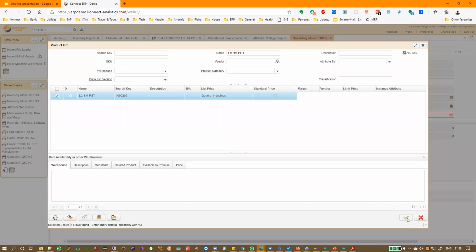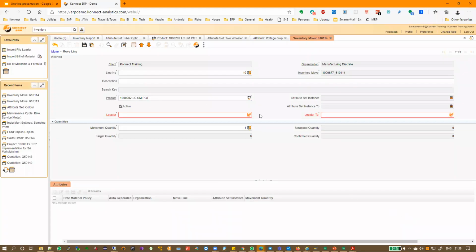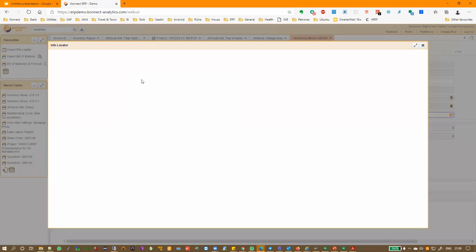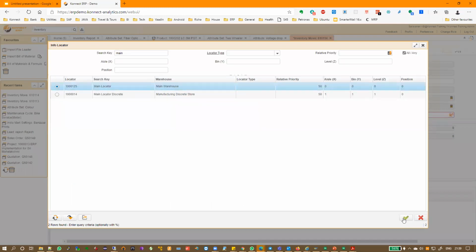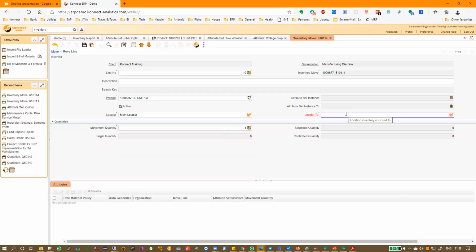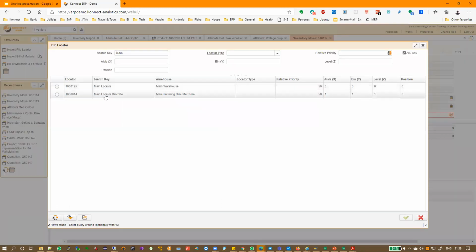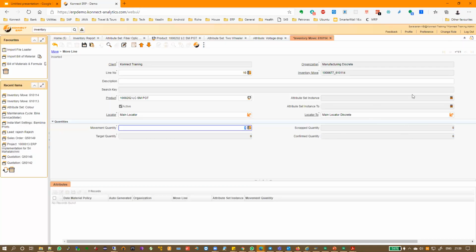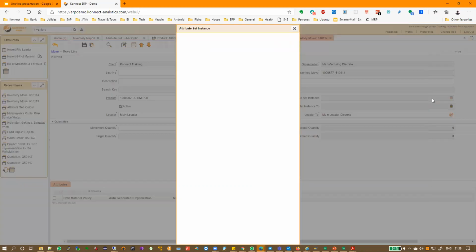Okay, I am going to move this from the main locator again to the main locator discrete. And this time I'm going to put a serial number.